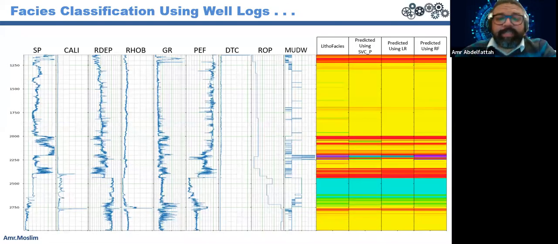Okay. The second one is facies classification using well logs, and this is very, very common nowadays. These are the well logs we have from one of the wells, and here are the actual lithofacies we have, and these 3 columns here are the values predicted by different algorithms. Here we are using support vector classifier, here logistic regression, and here random forest. As you can see, random forest can pick even the smallest